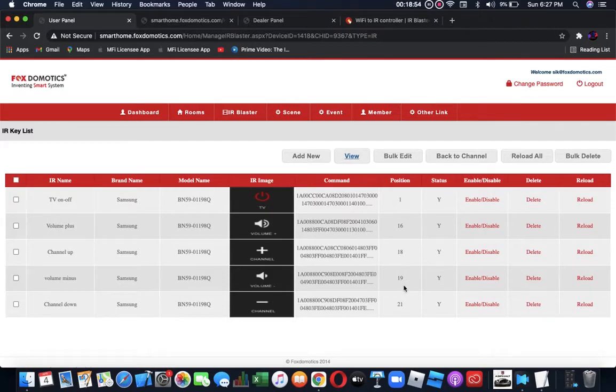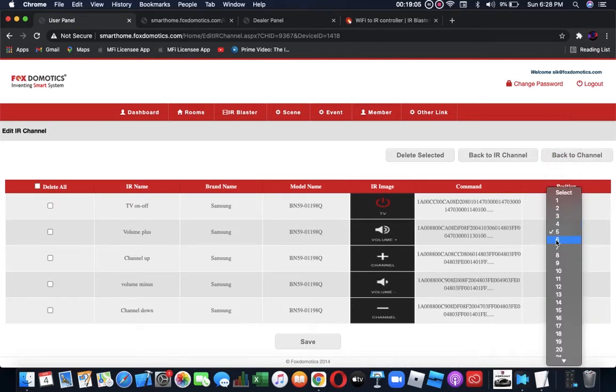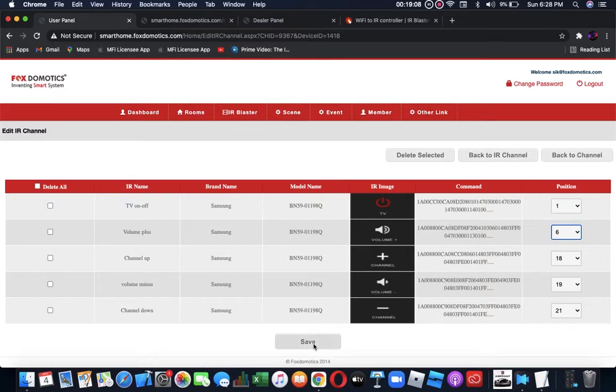You can see the position number. We can change these things. So we'll just click on bulk edit. I'll just change one position. Instead of 16, I'll take 5, so it will just move up in position. Okay, I'll update it as 6 and save it. Once it is done, I'll go to the different screen which is already there and refresh it. You can see the volume plus position has now moved from this position to here. So I can change how it is shown on the remote for each button. We can place the buttons as per the requirement.